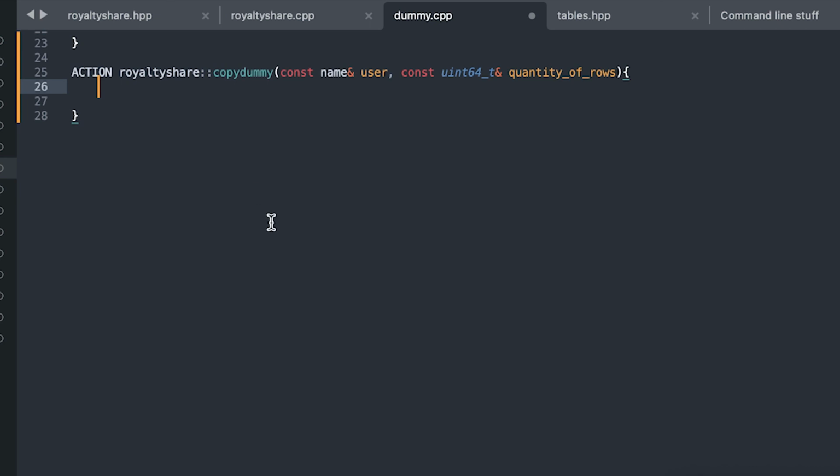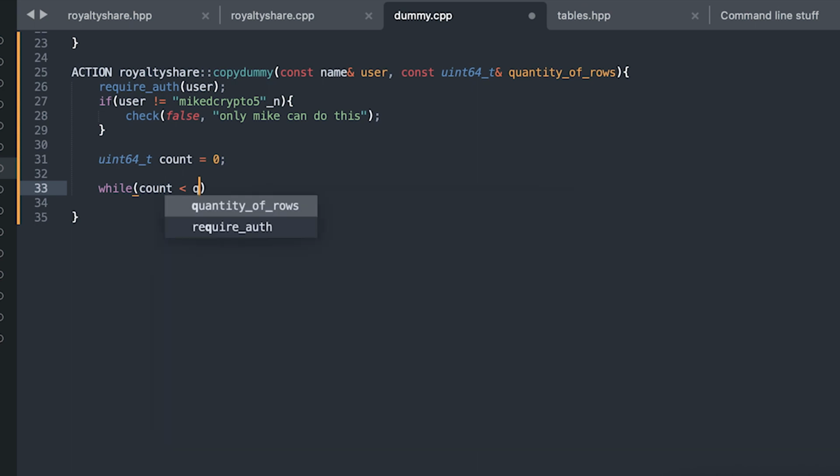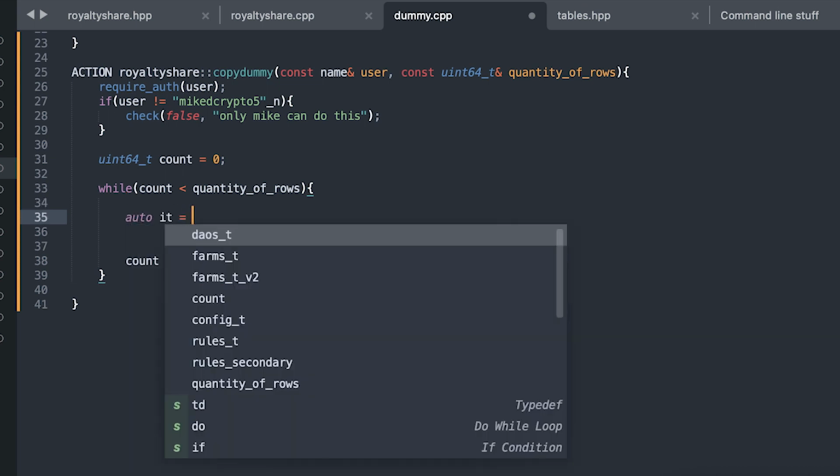So what I would do here is I would say, first of all, require auth user, and then if the user is not equal to me, throw an error. Only Mike can do this. All right, so now we know nobody else can call this action. I'm going to define a count and set it to 0, and then I'll say while count is less than quantity of rows, and after I'm done with the logic, I would increment the count. I'm going to perform my logic in here, which is going to be migrating over the table data. So I'll say iterator is dummy